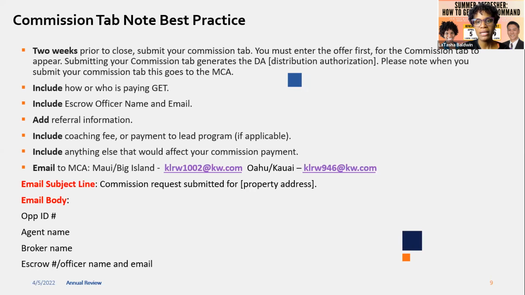We'll show you what that means. The reason is because this is the step that is needed for you to receive the DA and or distribution authorization. That goes to the MCA, which is either Christy or Shelby. So again, 2 weeks prior to close, you want to submit your commission tab to begin the DA process.